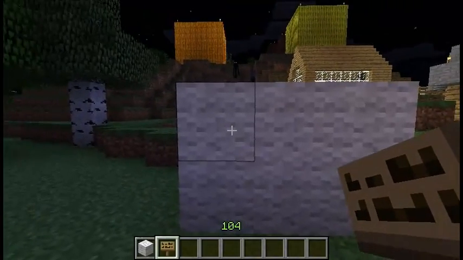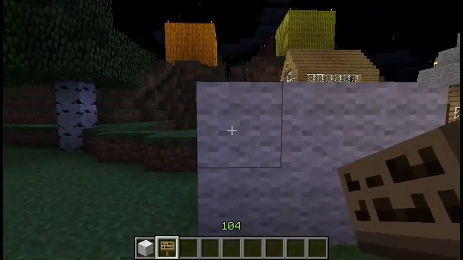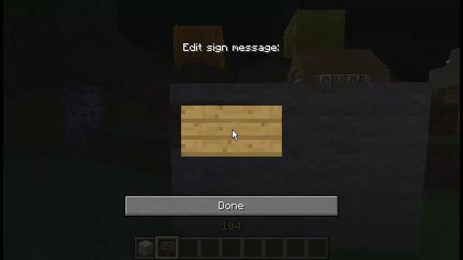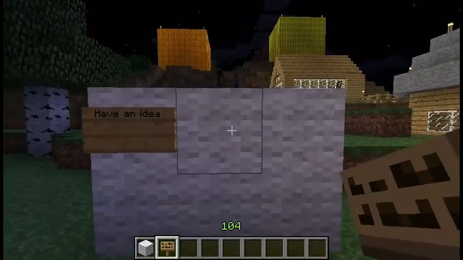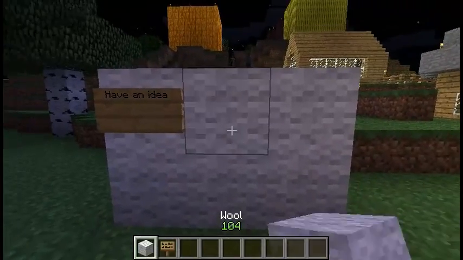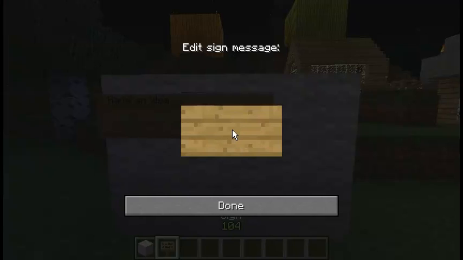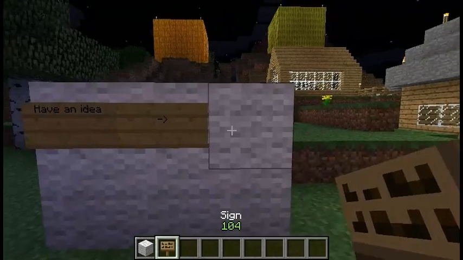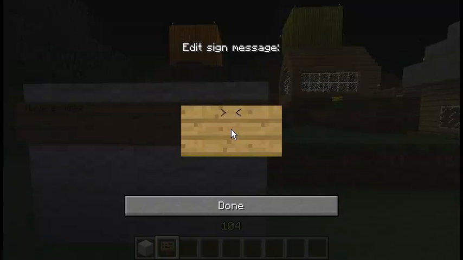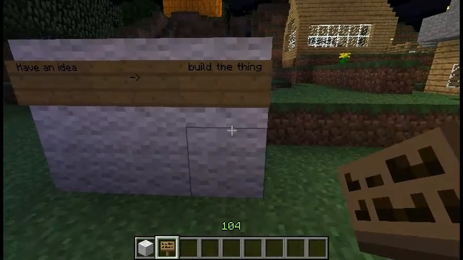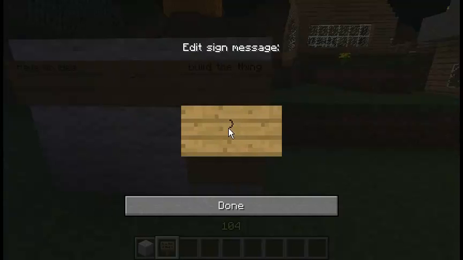Alright, so the design process basically is: have an idea, and then you build the thing, right?